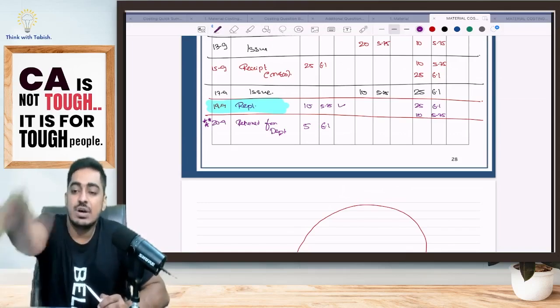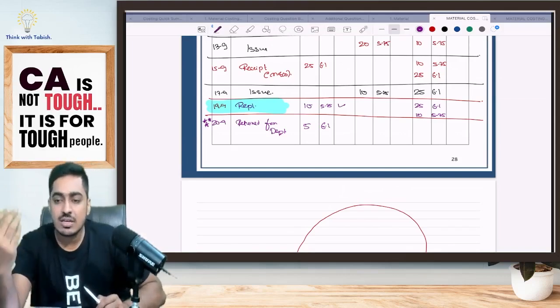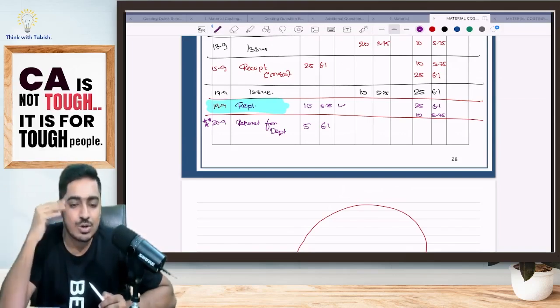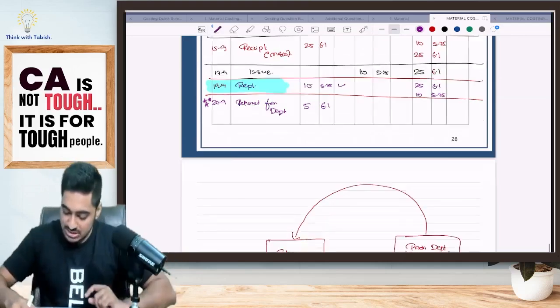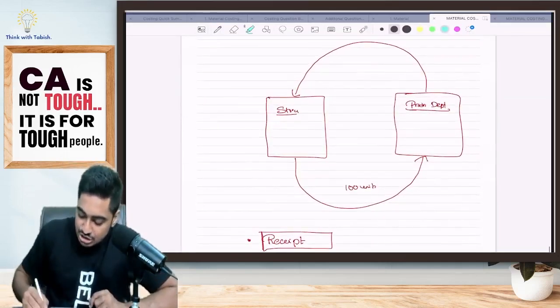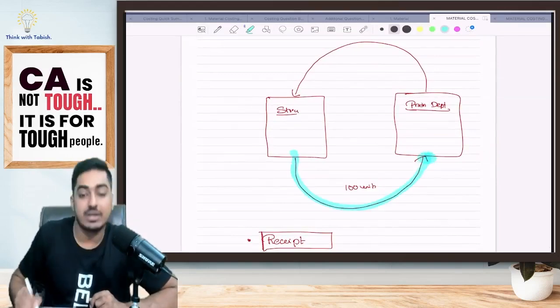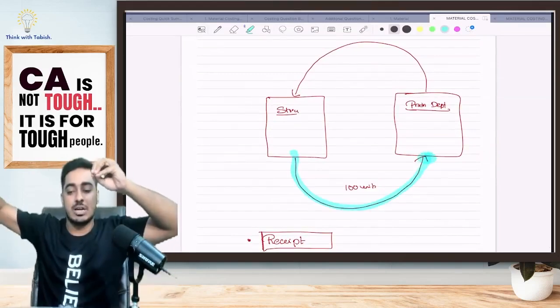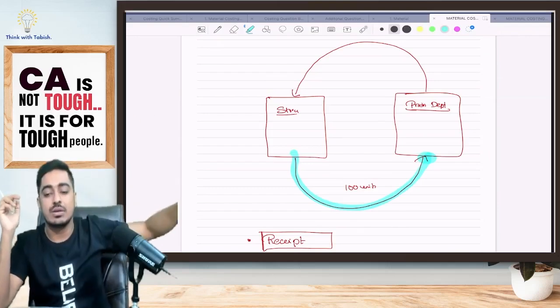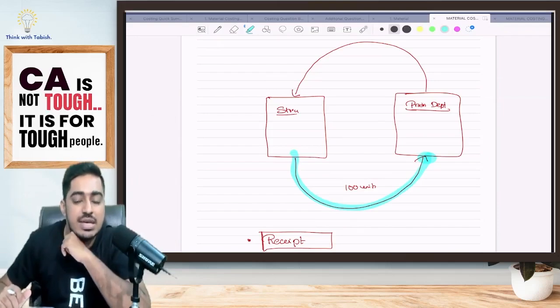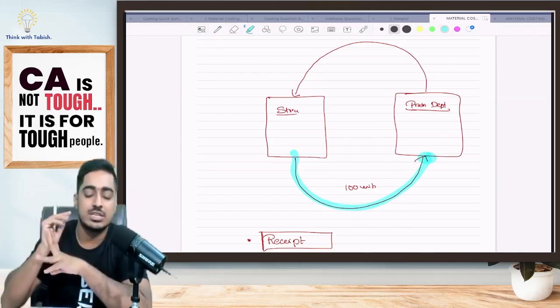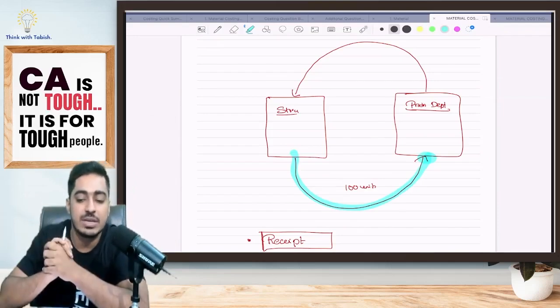If I have not given you 100 rupees at all, tomorrow can I ask, hey, give me my 100 rupees? You will say, what a mad person this is. Yes or no, everyone? Now, same logic. If I have issued goods to production department, okay boss, they will send them back to me. But if I have not sent goods at all to production department, is it possible for them to return my goods?